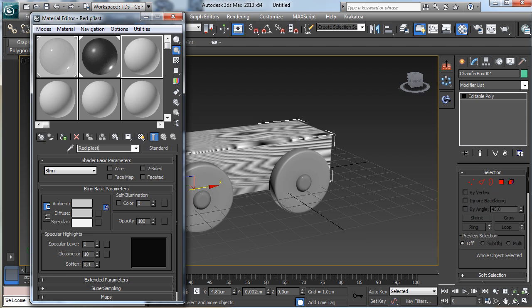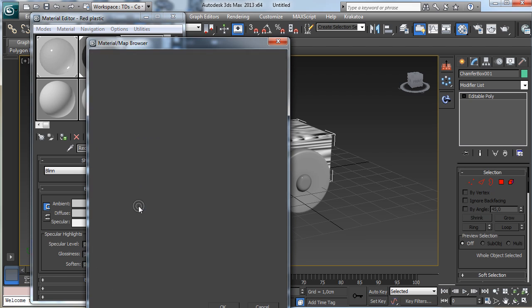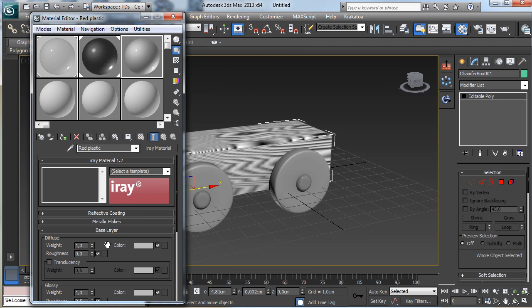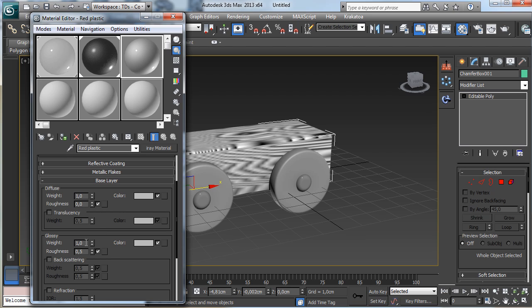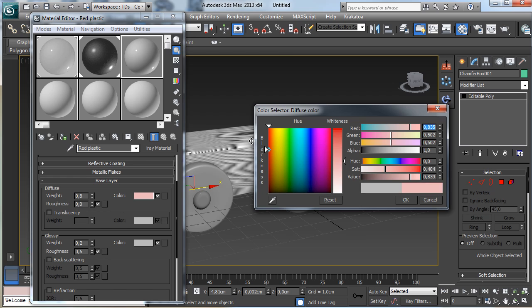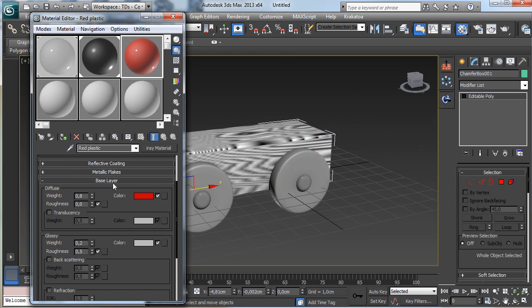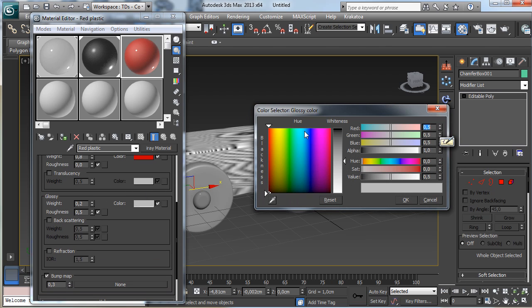So red plastic, and the red plastic will be again an iRay material, and we'll have, let's say, 0.2 and 0.8 there, and we'll add the diffuse red, and the glossy will be something similar to the red color,